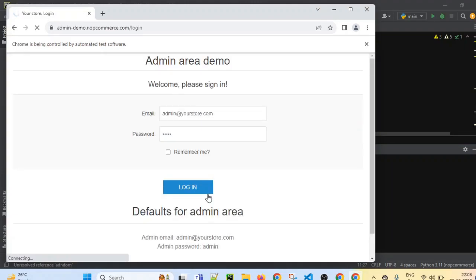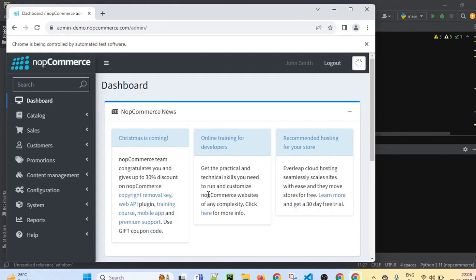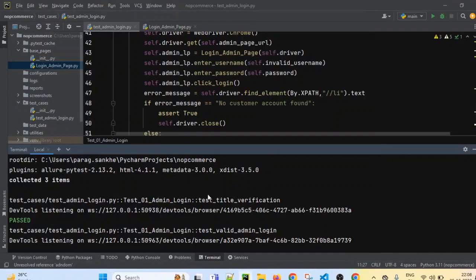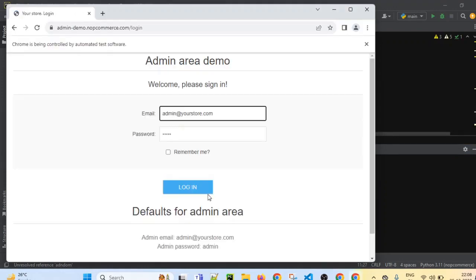It is performing the login action. That is passed. Now it will check for invalid login action.